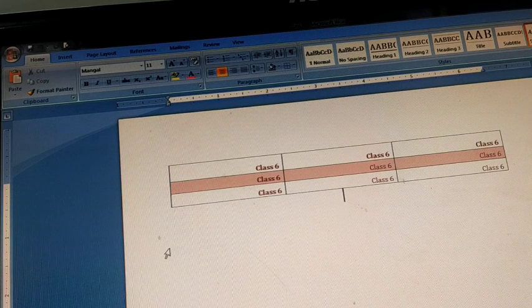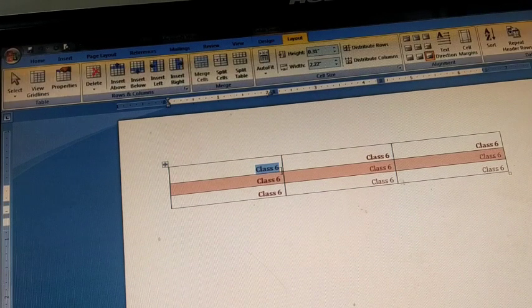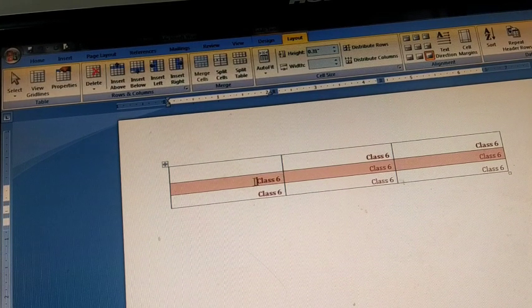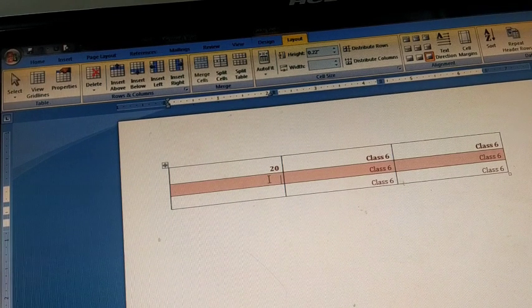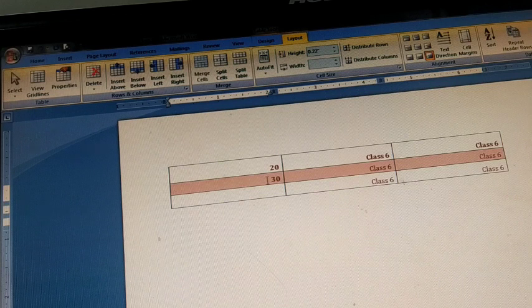Let us see if we can do the calculation in a table. In order to do the calculation, let me first of all write a few numbers so that the calculation can be shown. We basically do calculation in Excel, but here also in the table we can see if calculation is possible. I have written 20, in the next cell 30. Let us see if the sum can be found out. I need the result over here, so my cursor point is here.